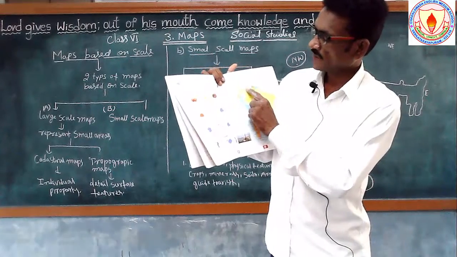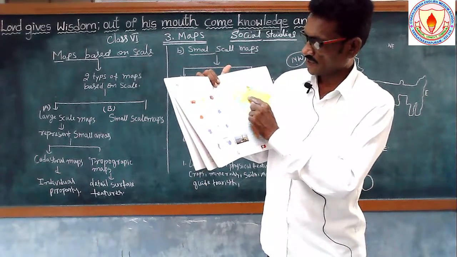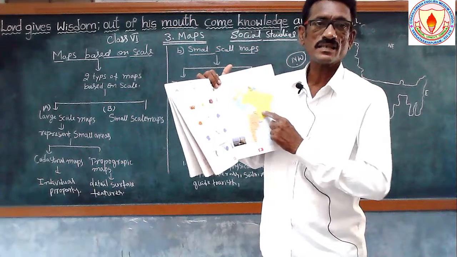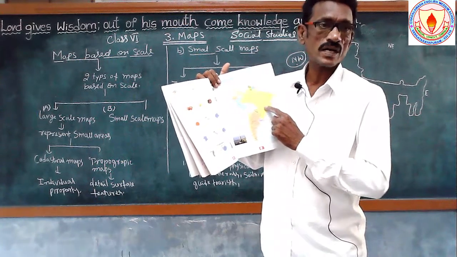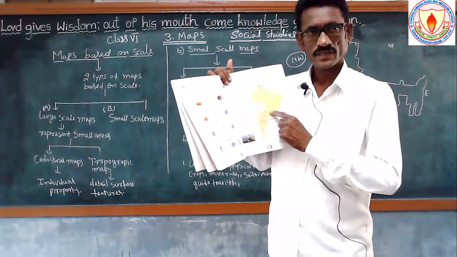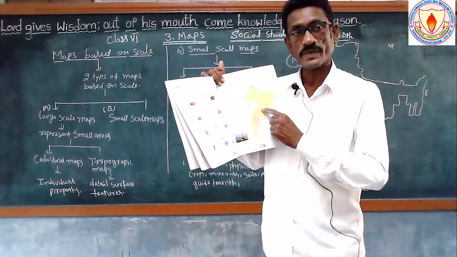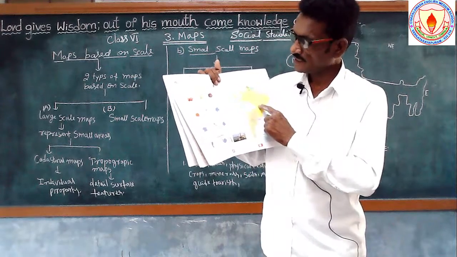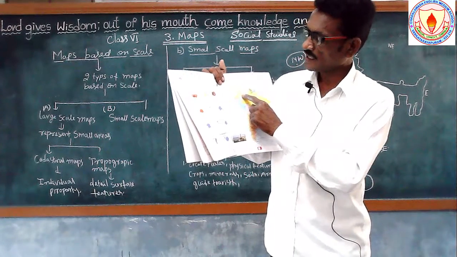See here, Venezuela, and located in the south of Venezuela, Brazil, which is shown in yellow color, the biggest country in South America. Which is the biggest country in South America? Brazil. So this is Brazil, and here Venezuela and